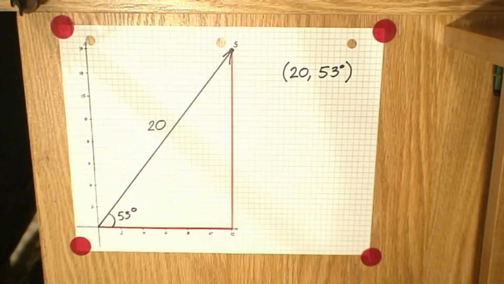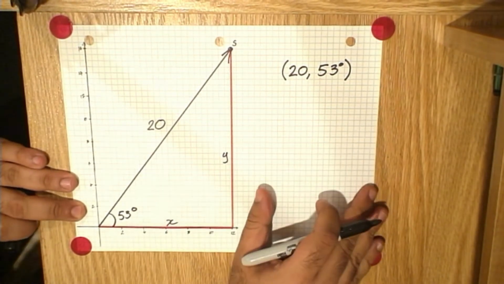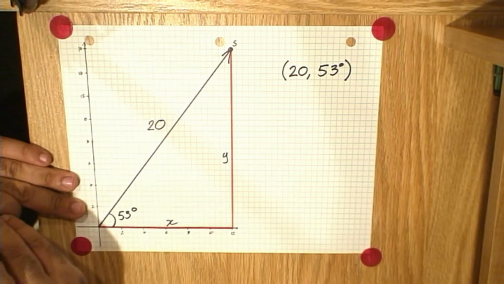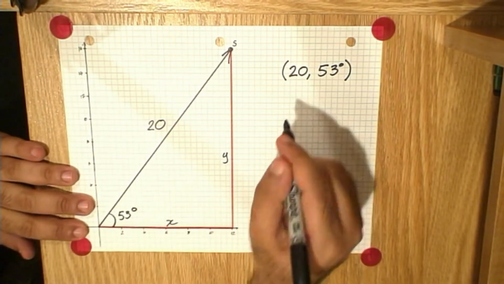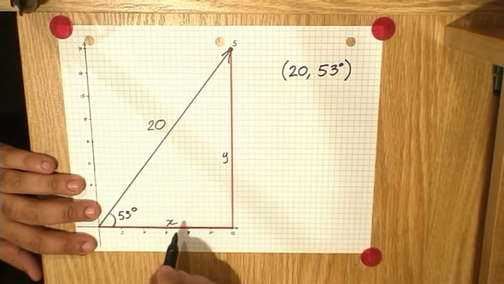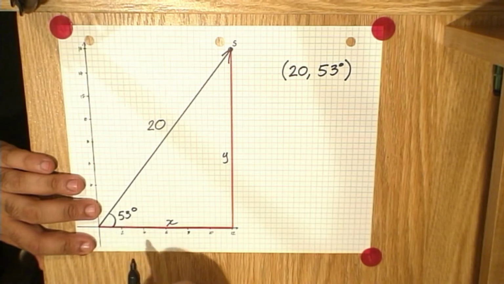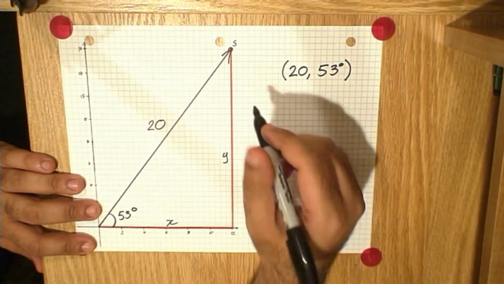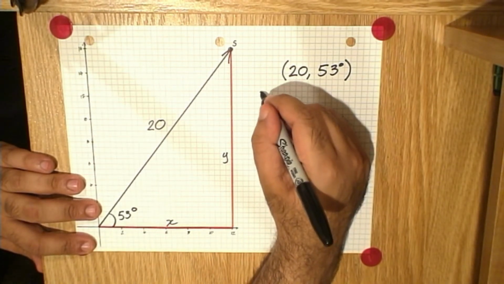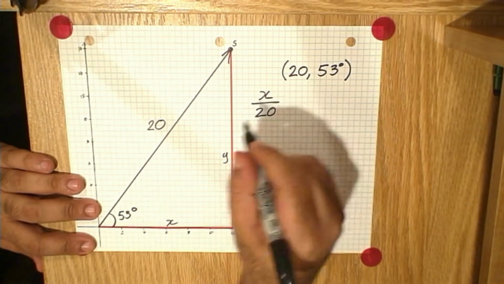And what we'd like to do is to find out what the x and y values are. Here's x, here's y. Let us solve for x first. We know that x is the adjacent side of this 53-degree angle. That means if I took x and divided it by 20, the length of the hypotenuse of this right triangle,